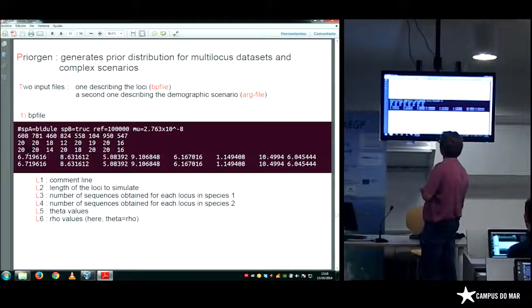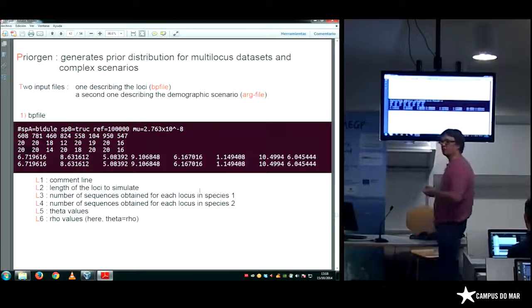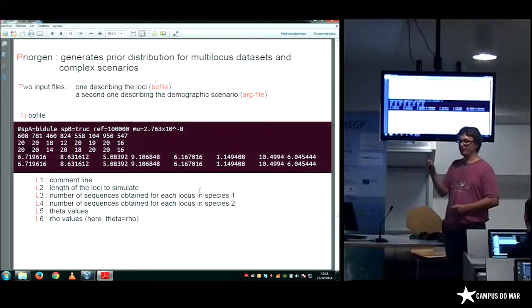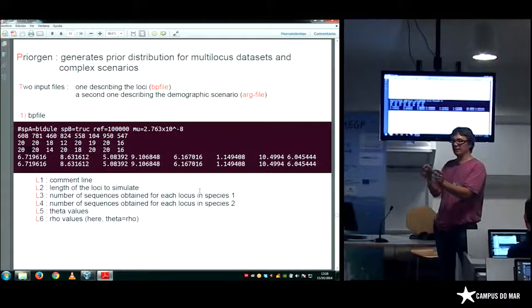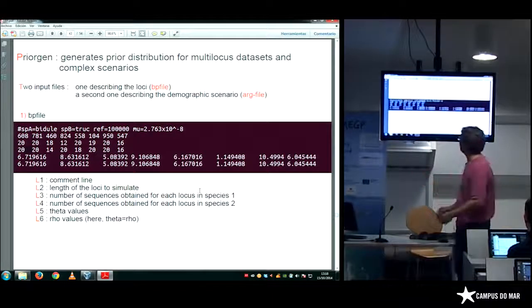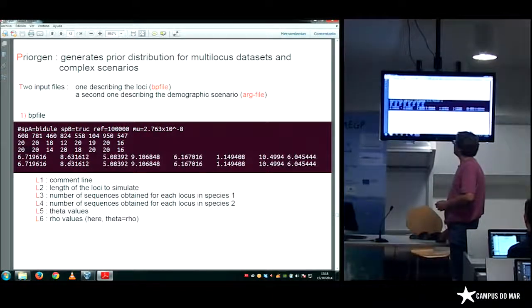And here are the recombination rates. We assume the population recombination rate, so it is Ne times r, the recombination rate, is the same for all the genes. So as a consequence, it's the same value as theta.